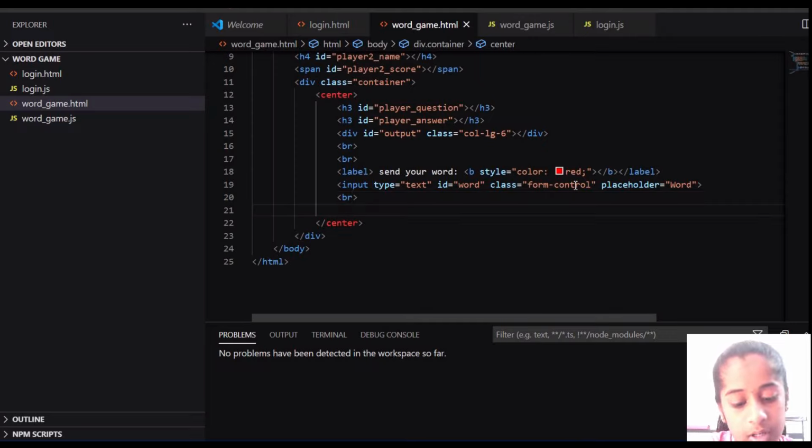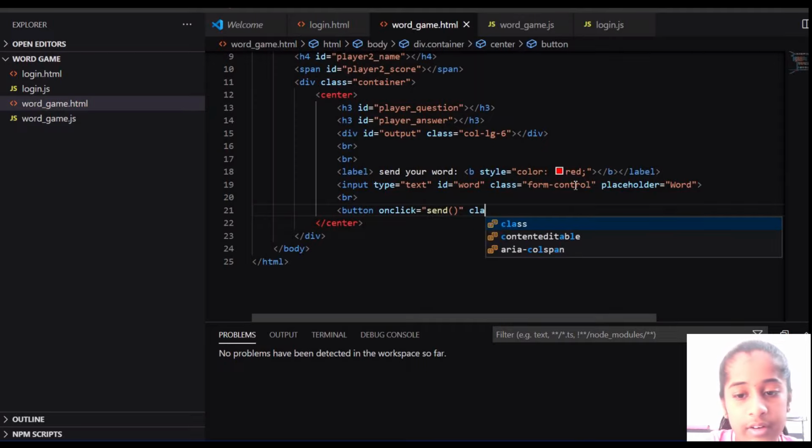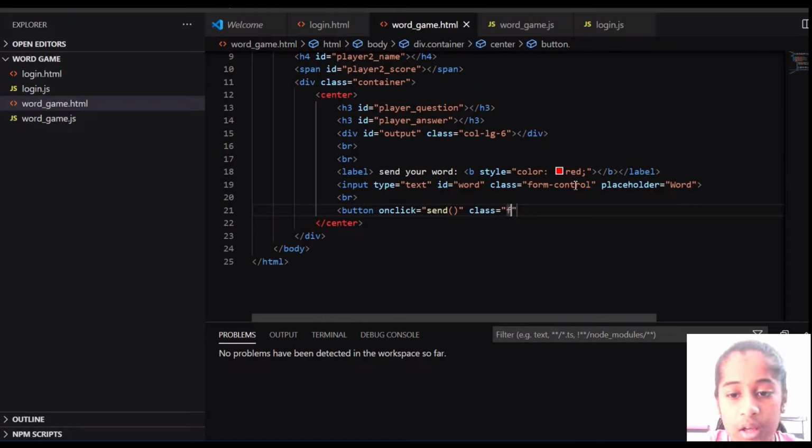And then I'm going to create a button. And on click, there should be a function for on click. So I'm going to name that function as send. I'll create it when we go to the JS file. Here we have to create a class. So the class is button success,